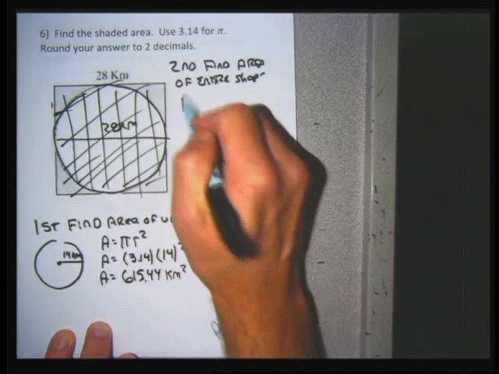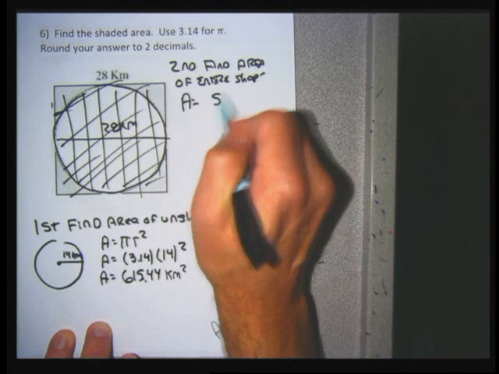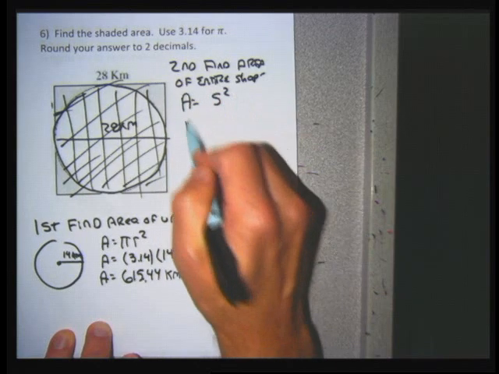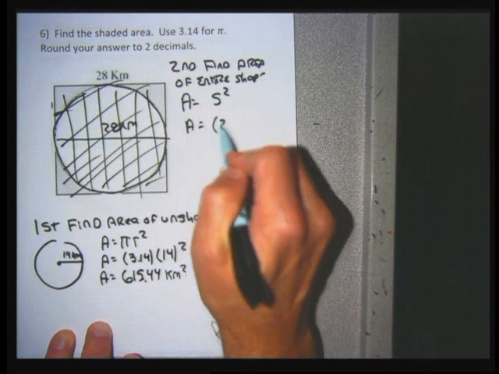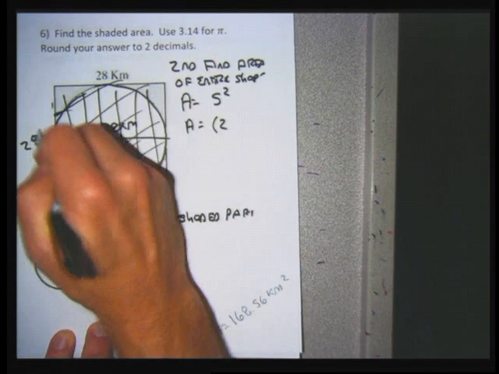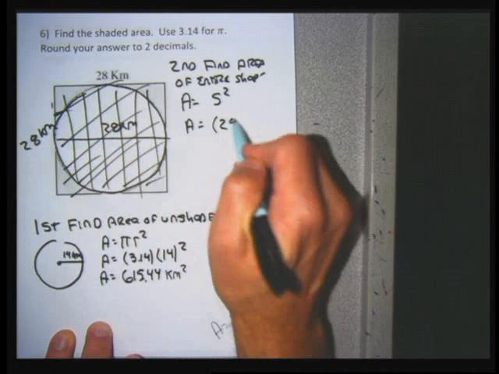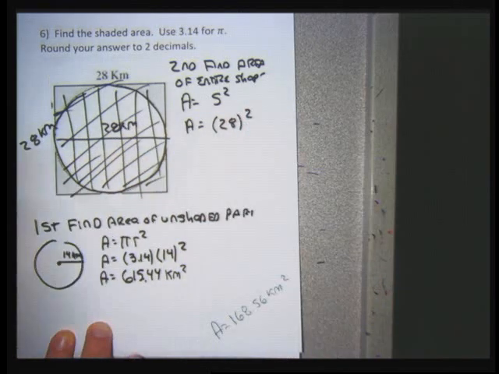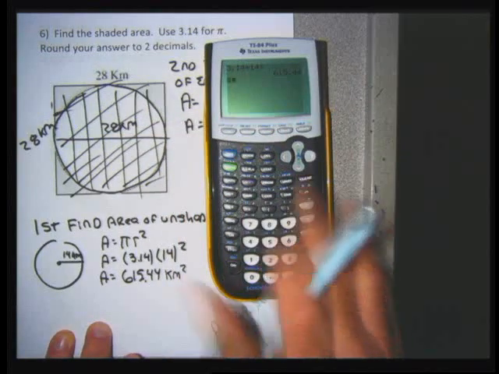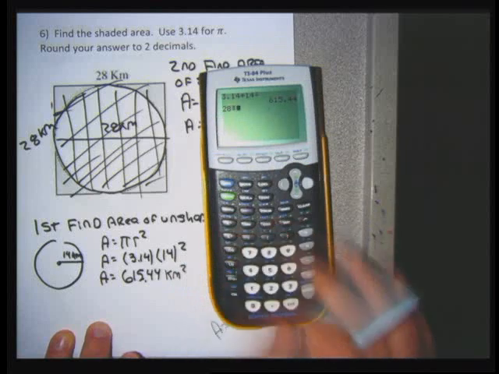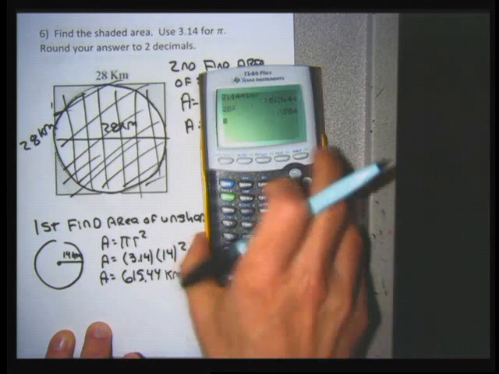So the area formula that I would need is multiply the sides together, and the sides here are 28 by 28. I'm assuming that's a square. So the numerical part of my answer here, I'm going to do 28 squared, and I'll get 784